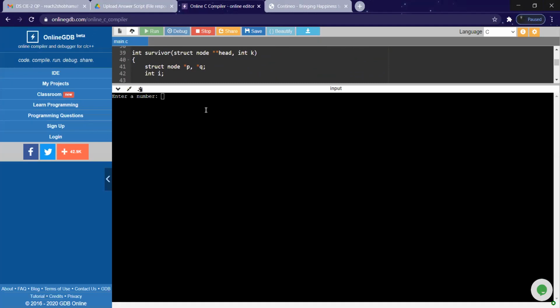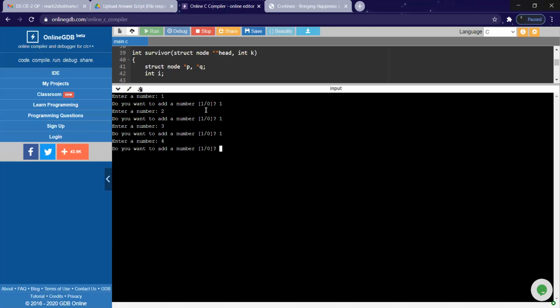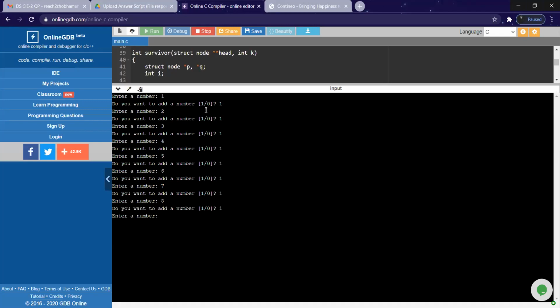I will give the same example because we already know it. This will ask for the second person, third person, fourth person, fifth person, sixth person, 7, and then 9, and the last one is 10. Now I don't want to add any more numbers, so I'll give 0.